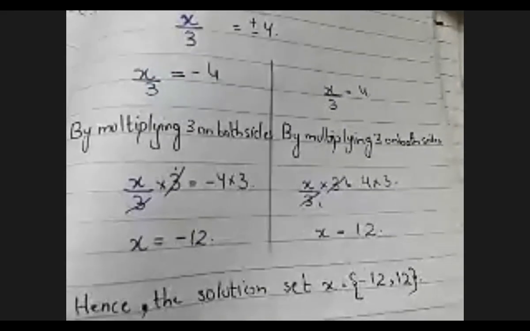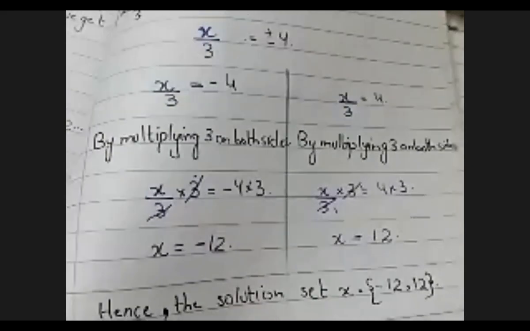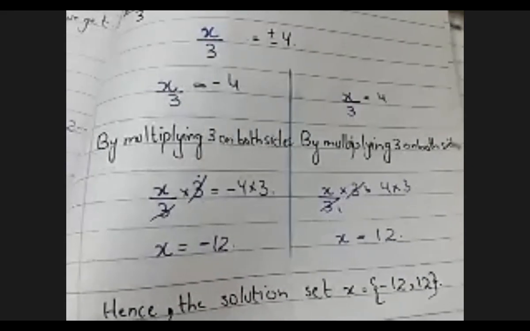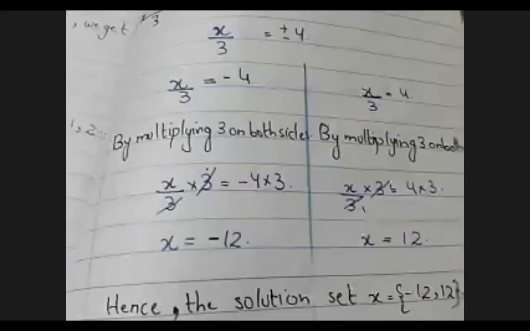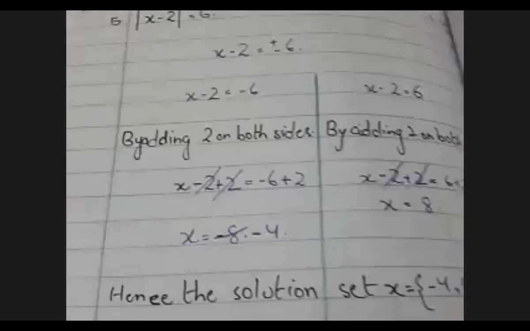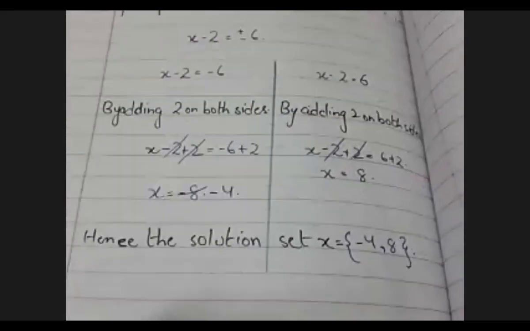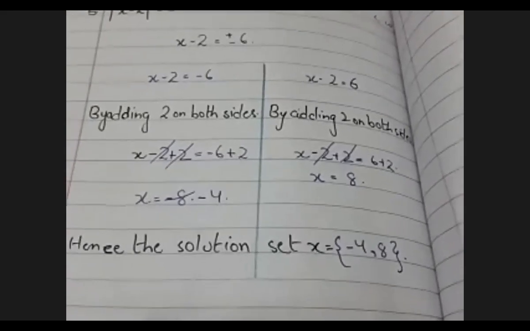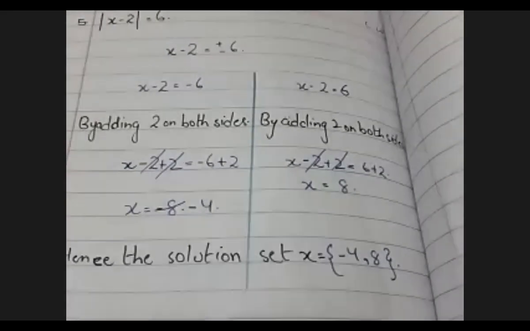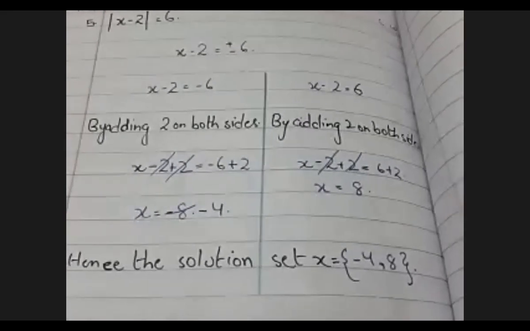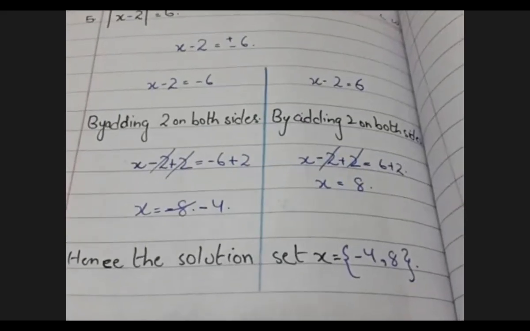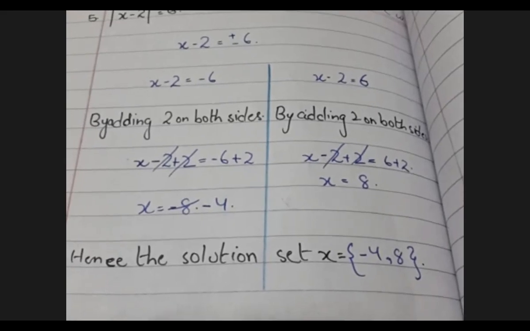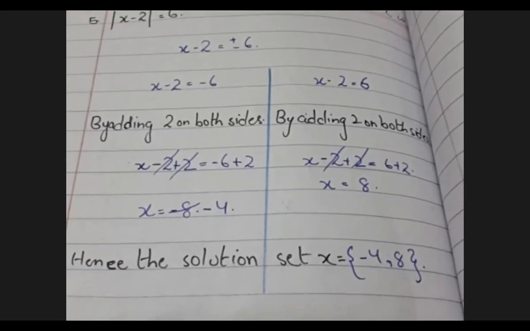Everybody, kindly recheck your answers from this copy as well. I'm showing you here Aisha's copy. Very good. Aisha, show me the last question. Very good. So first, remove the mod. We get x minus 2 is equal to plus minus 6. Then we have to draw the line. Then x minus 2 is equal to minus 6 and plus 6. We get x is equal to minus 4 and plus 8.